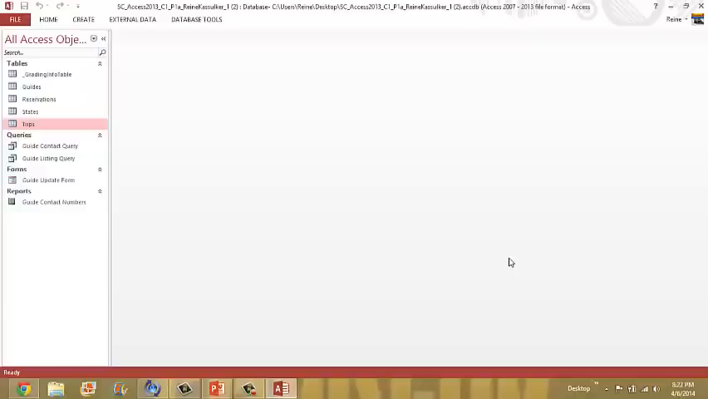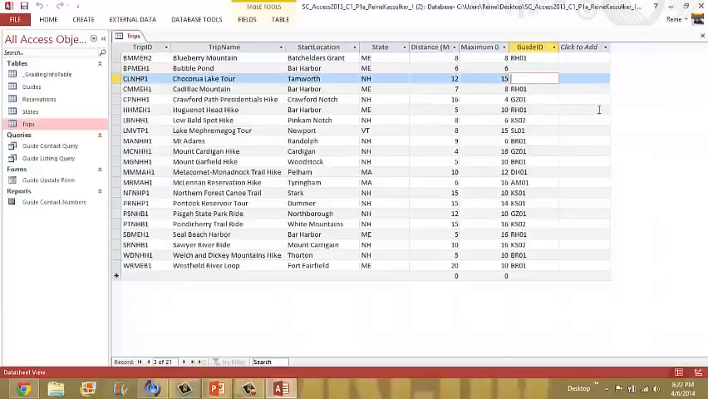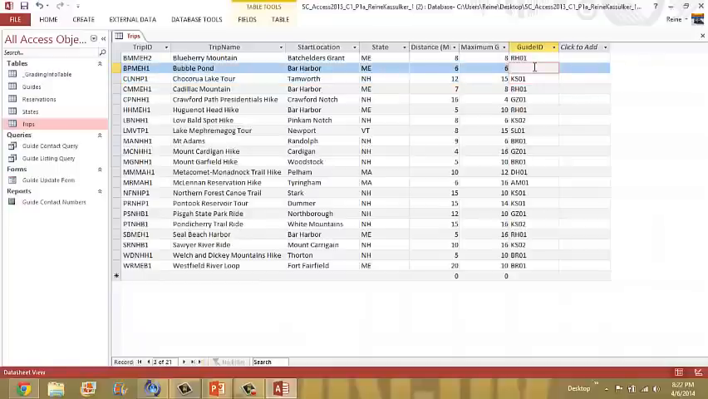So now what we want to do for number 9 is we want to open the trips table. So again, I'm going to left click on trips, and it automatically opens up in the datasheet view. And I'm going to go to the third record in the table, and I'm going over to the guide ID field. Okay, and I want to enter in KS01. KS01. So I'm updating that guide ID manually,